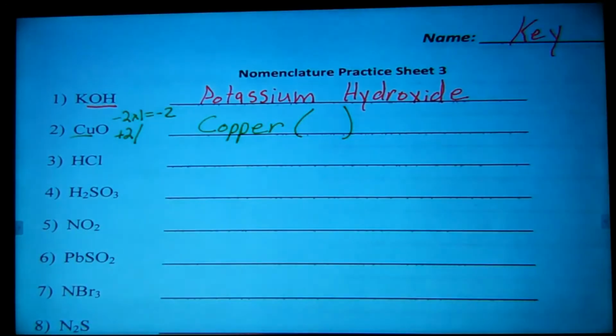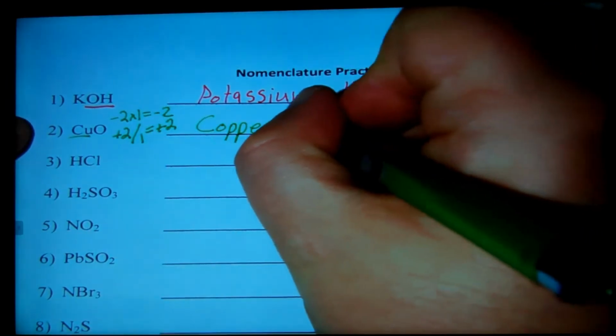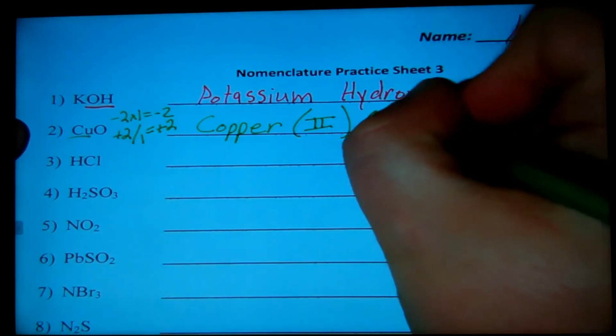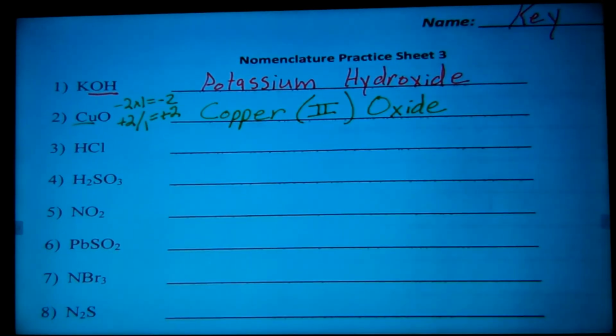So +2, we'll divide that by the number of cations we have. So +2 divided by 1 is +2. It's a 1-to-1 ratio, so it's copper(II) oxide. And we're getting that from taking oxygen, removing the ending, and adding IDE. So then we're going to move to this next one. Number 3,